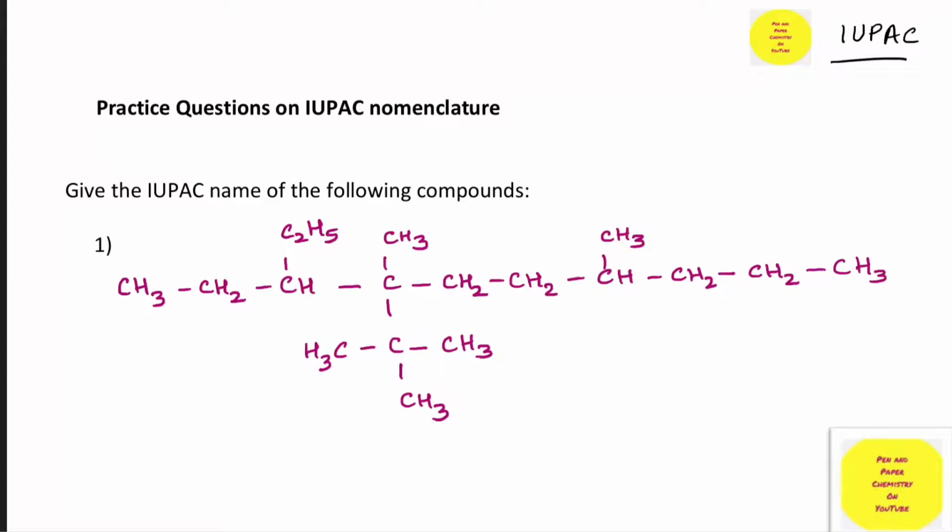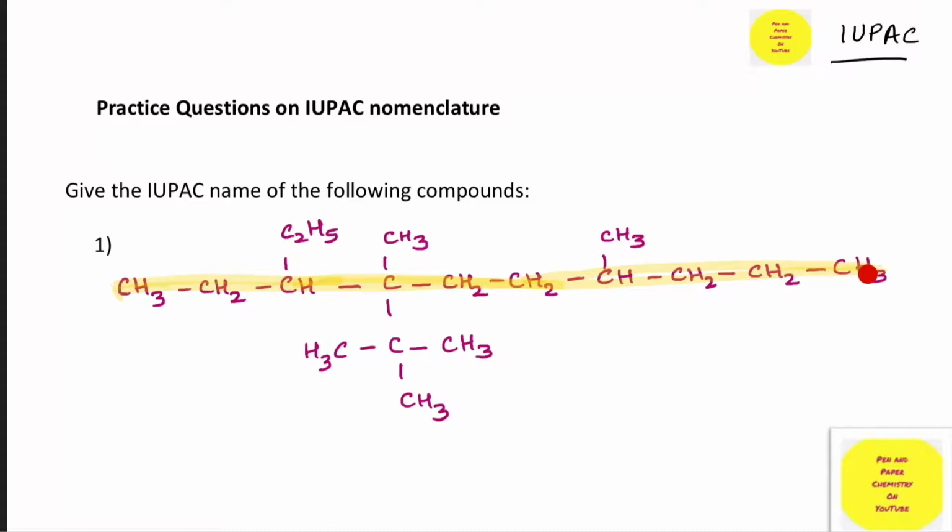So let's get started with the naming of the first compound. Now, anybody can get intimidated by this big compound. How do I name it? So what do I do? First and foremost, let's select the longest continuous chain. Please remember, it's not necessary that the chain has to be straight, but it has to be continuous. So I select the longest chain of the carbon atoms here, right? So that gives me a total of 1, 2, 3, 4, 5, 6, 7, 8, 9, 10.